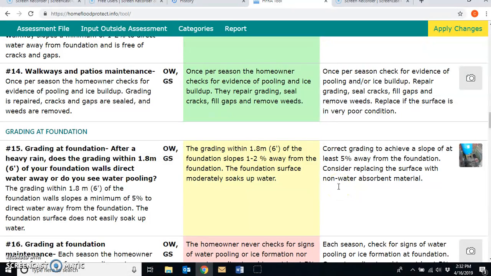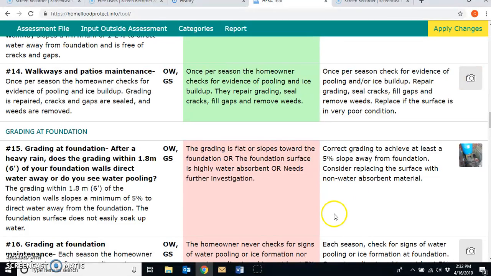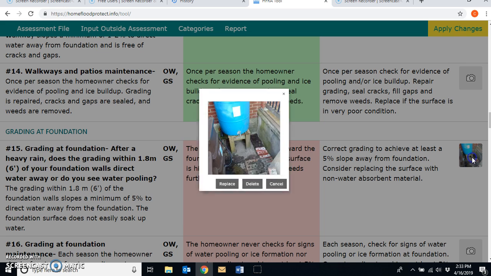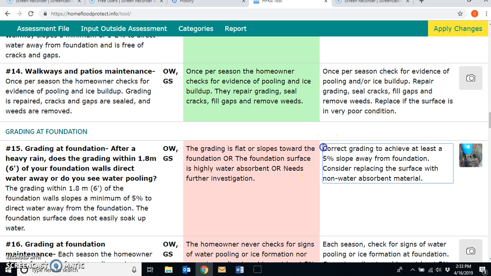But of course, this is sort of a boilerplate statement, so what you're going to want to do is adjust it to suit the specific assessment, so that it's more customized. So in this case, the client had a rain barrel that was sitting in a pit at the side of their house and provided a lot of opportunity for water to be sitting at the foundation and making its way in. So you could customize that comment to make it more relevant to the resident, and say something like,